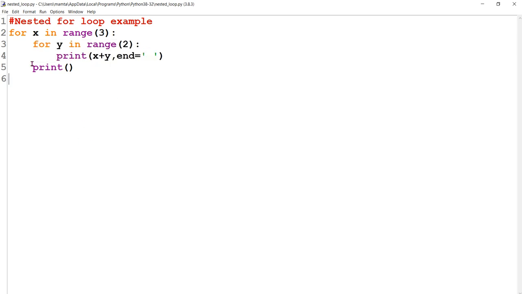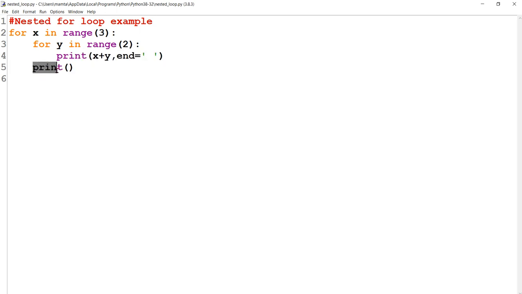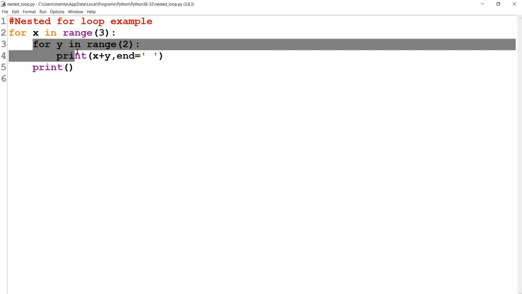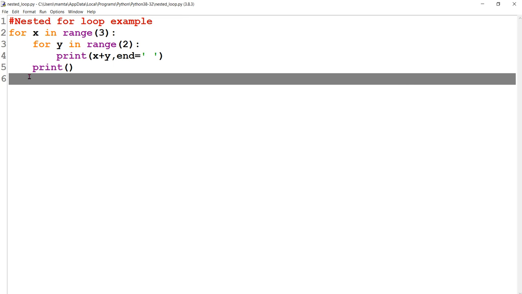And line number 5 is another statement. So there are two statements within the main loop, that is x. The first statement is 3 and 4 and another statement is 5. So there are two statements within the loop which is iterating with x.